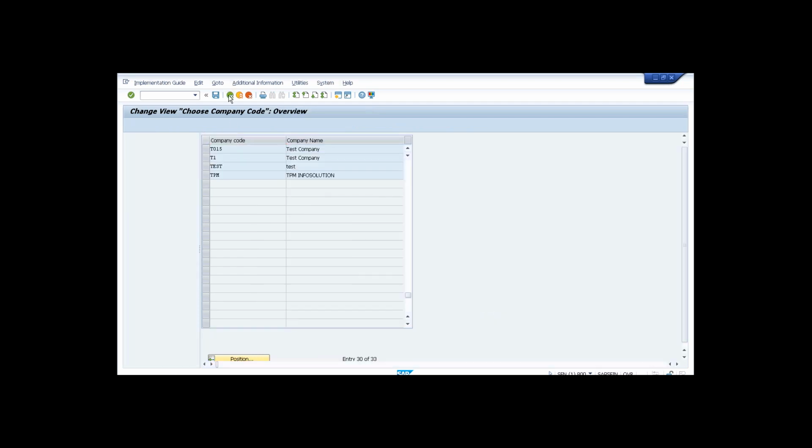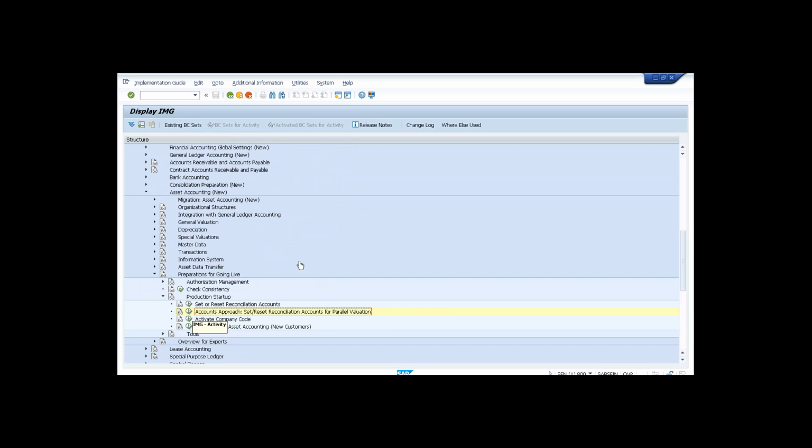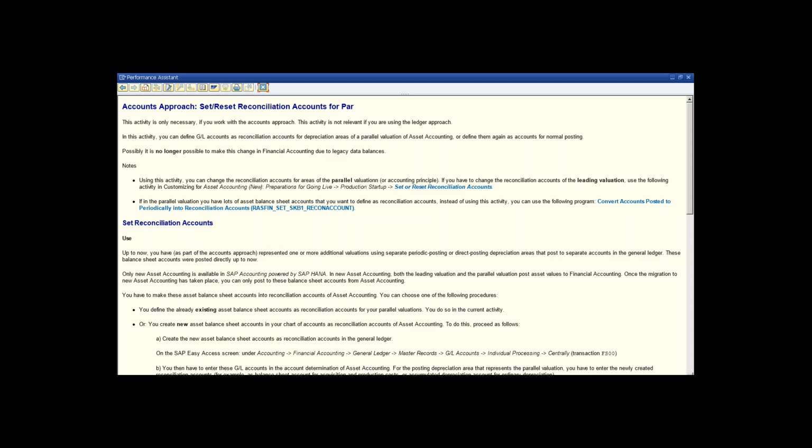Okay, let's go through this documentation. For depreciation areas, it is saying reconciliation accounts for the depreciation of parallel valuations, or define them again as accounts for normal postings. Possibly it is no longer possible to make this change in financial accounting. If you have to change the reconciliation account for the leading valuation, use the following. If in the parallel valuation you have lots of activity you want to define as reconciliation, instead of using this activity, you can use the following program, convert account based to